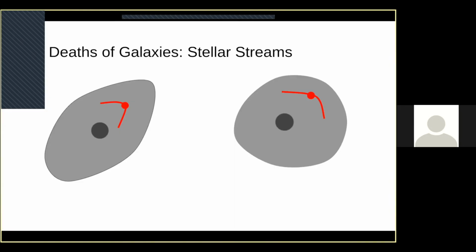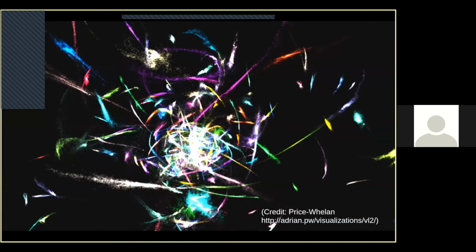Now, the thing that's nice about them is that you can use these objects to understand the dark matter halo. So what I've drawn here is a cartoon of two different potential dark matter halos that you could have. And so they have different shapes from one another. And so what happens is these stellar streams here, the way that they disrupt is based off of the shape of the dark matter underneath them, how strong the dark matter's gravitational pull is, all of these different things.